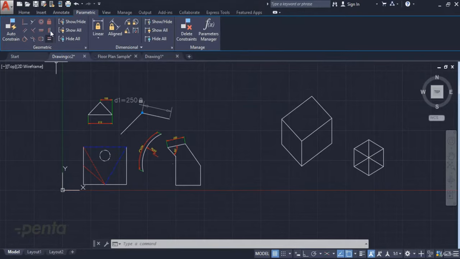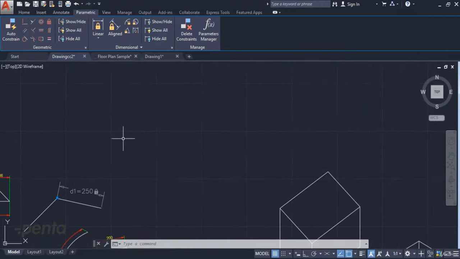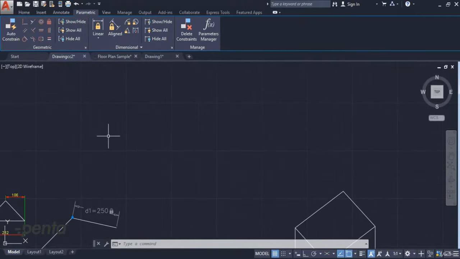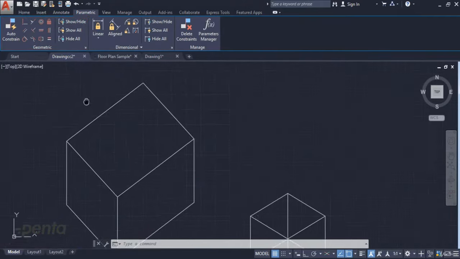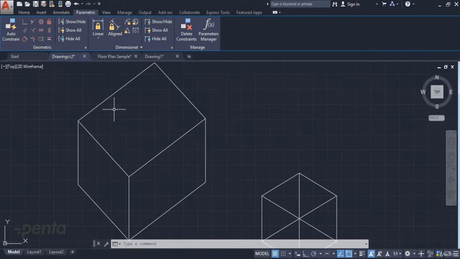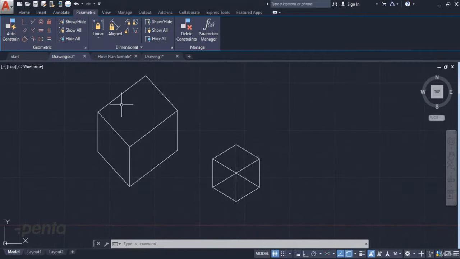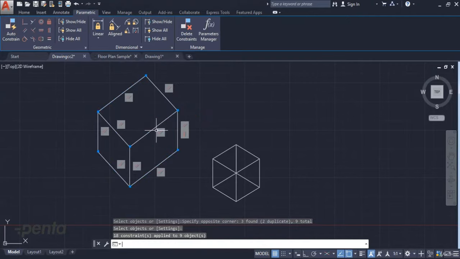In this video, I will tell you about the geometric constraints in AutoCAD. Using the parameter methods, we can relate geometric objects with one another. We can relate a pre-drawn object or an object we'll draw anew using this method. Here, using the AutoConstrain method, we can select the objects and press Enter to set the parameters automatically in the